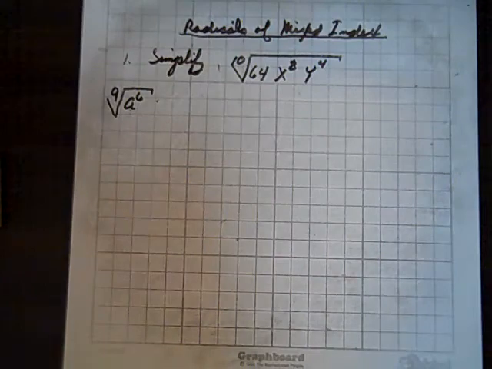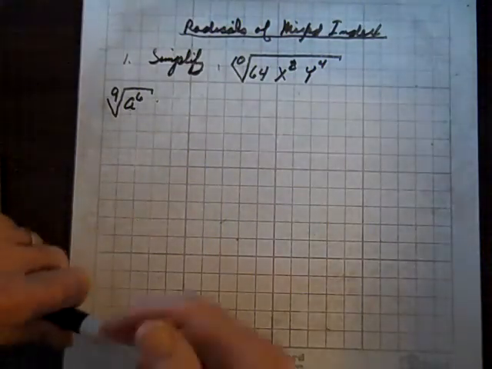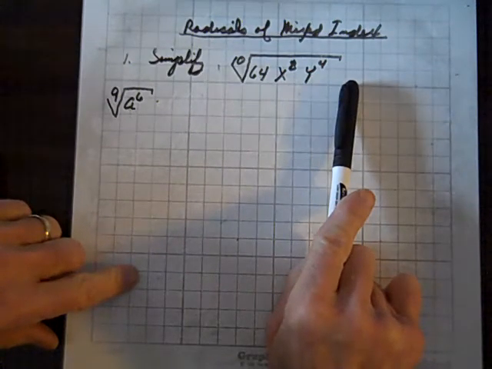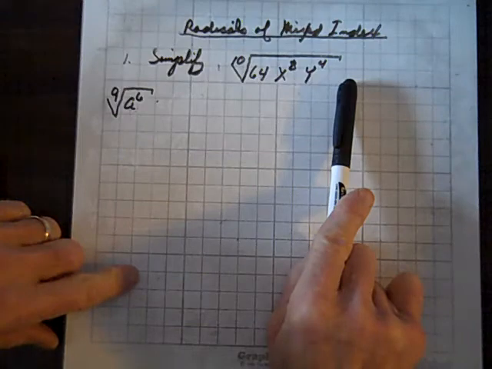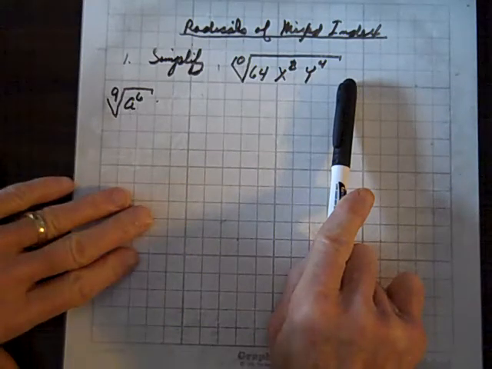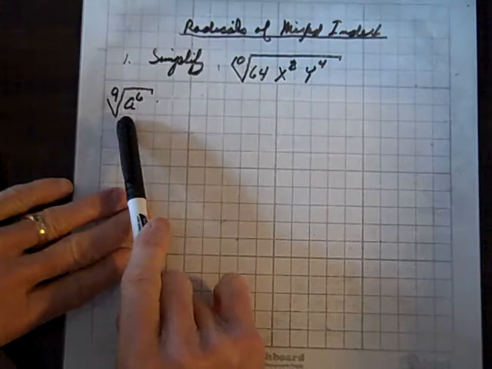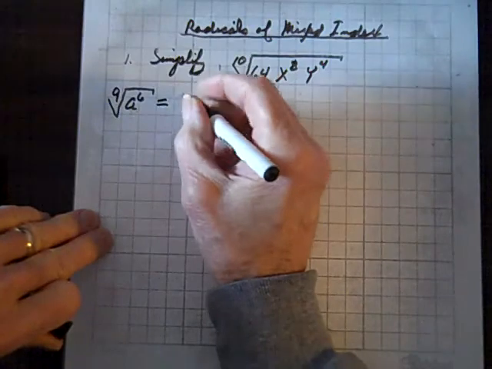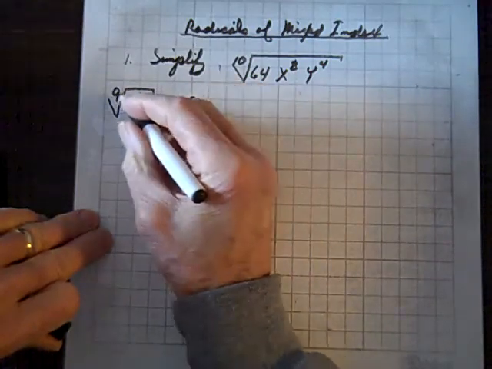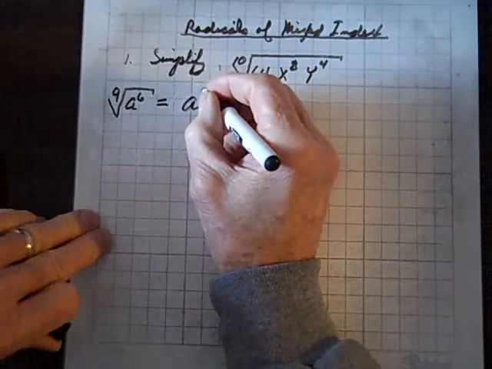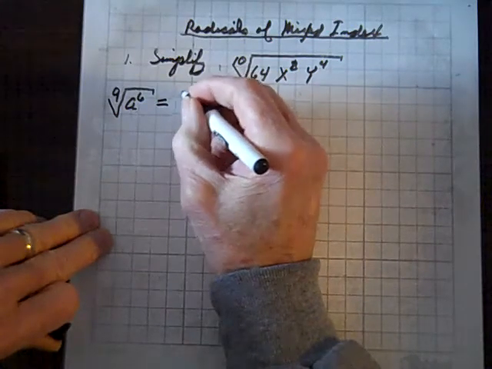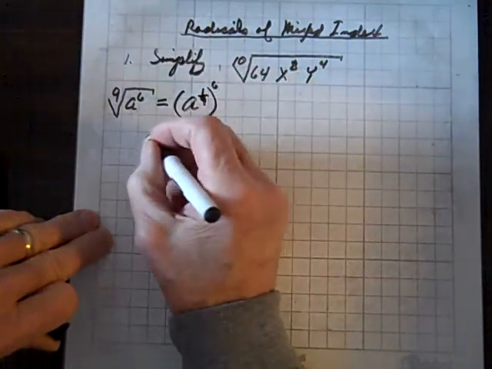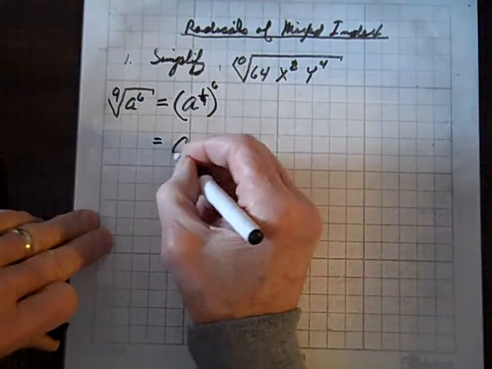Okay, now we're dealing with radicals of mixed index. And here's the radical we have to simplify. But before we do that, let's explore a nice simple way of dealing with this by dealing with a simpler radical. And so this equals, and we'll rewrite this in rational form. So we get a, and the ninth root, we'll write that as 1 over 9, a to the 1 over 9, and to the 6th power, we'll stick the 6 out here, and that equals a,